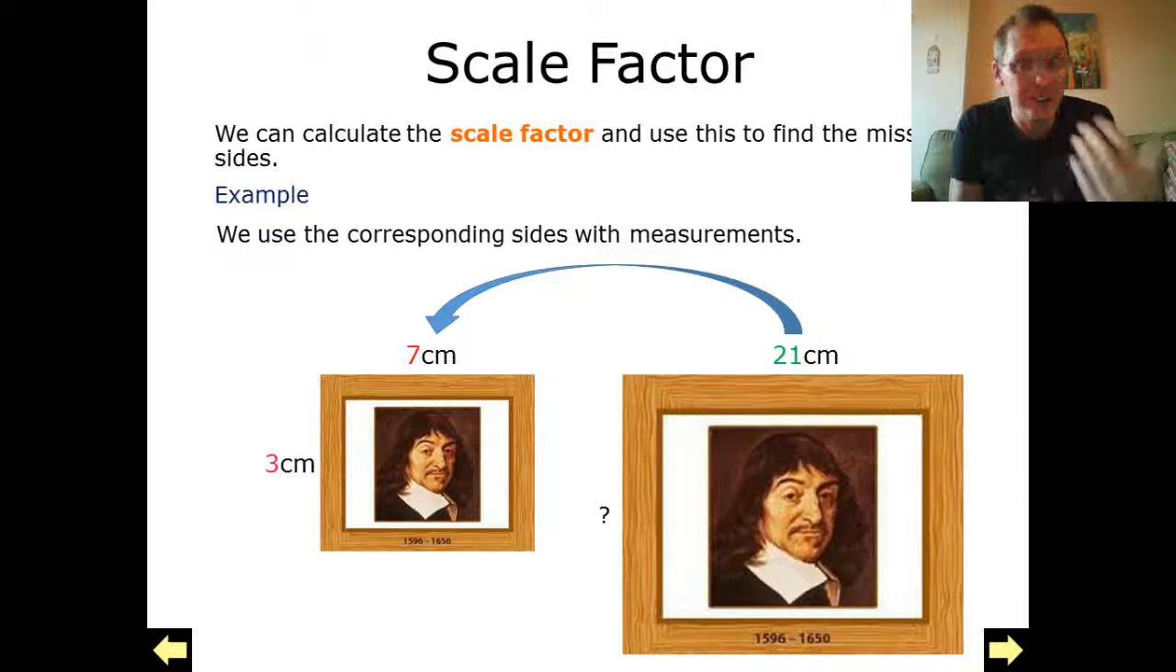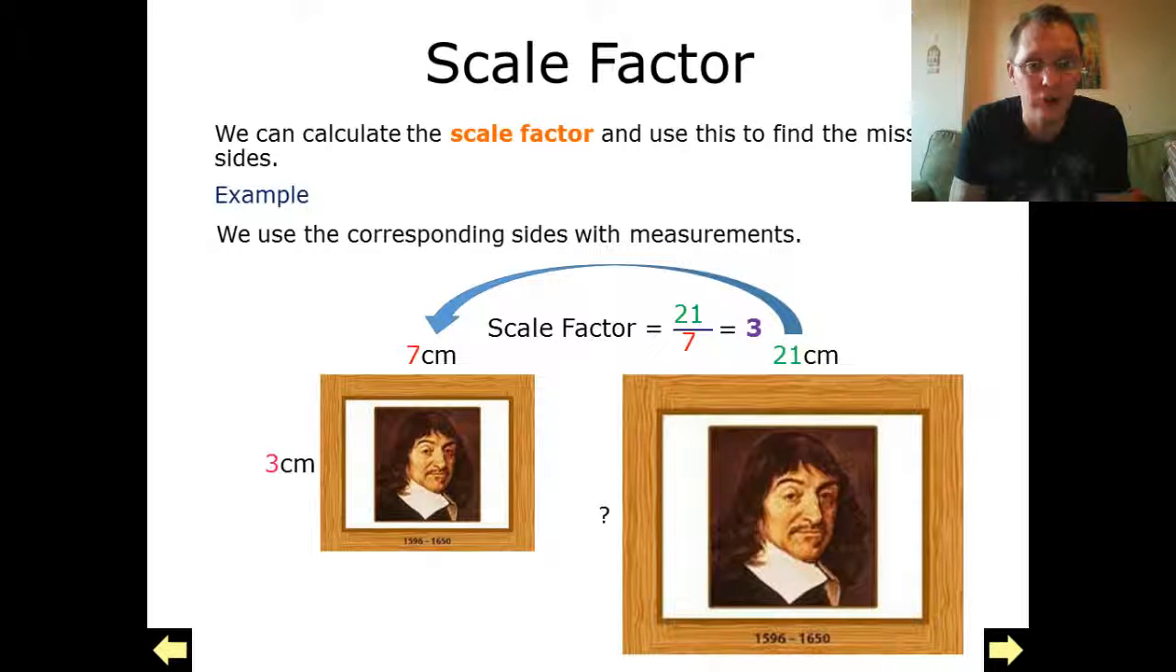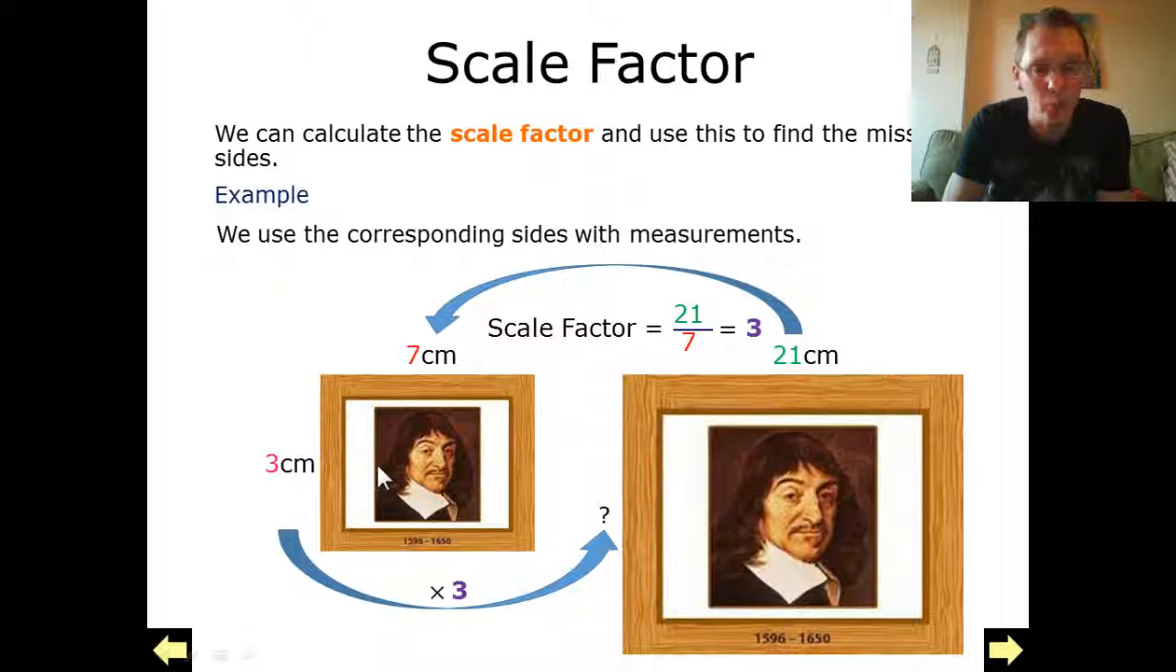So to find my scale factor, first of all, I'm going to divide 21 by 7, which is going to give me 3. 3 is now my scale factor. Now, because I'm going from my smaller to my larger shape, I multiply my 3 centimeter length here by 3, and that's going to give me the corresponding length on the larger shape,